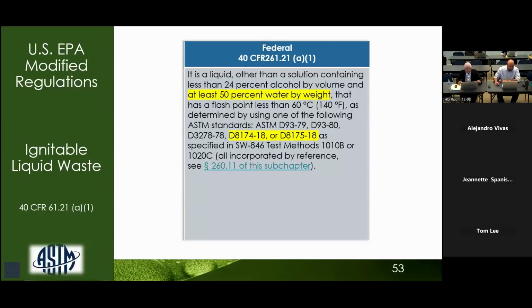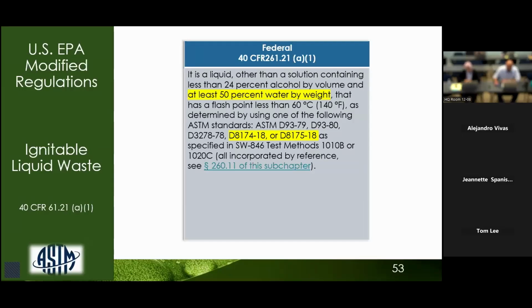Since California doesn't specify a minimum water content, it simply calls it an aqueous solution. We discussed in detail that this difference does matter because it provides clarity to the regulations. For instance, a solution might meet California's broader definition of an aqueous solution, but it wouldn't qualify under federal guidelines if it doesn't have at least 50% water by weight.